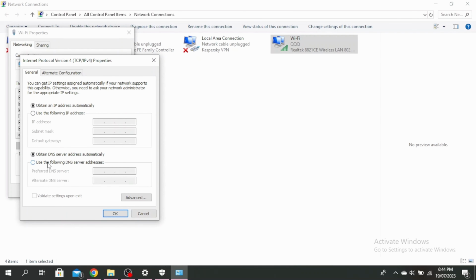So make sure Use the following DNS server addresses is the one that's ticked on, and in this preferred DNS server, go ahead and type 1.1.1.1, and in this alternate DNS server, go ahead and type 1.0.0.1. So this is Cloudflare DNS, and if you want to use Google DNS in preferred DNS server,